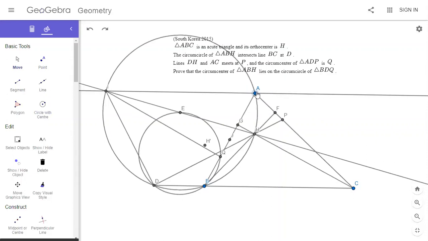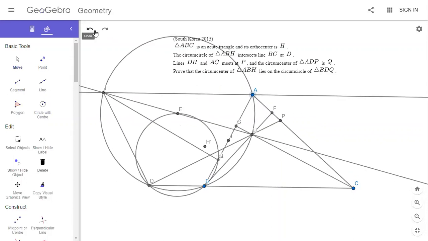Let me check something. Sorry. So I wonder if we can angle chase that QD equals QA, because angle QAD is angle BAD, and angle QDA is BDA minus BDQ, and BDQ